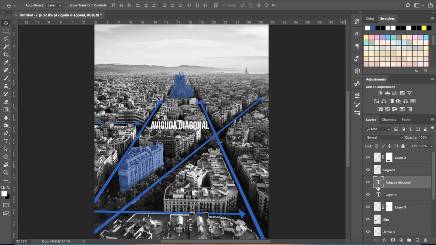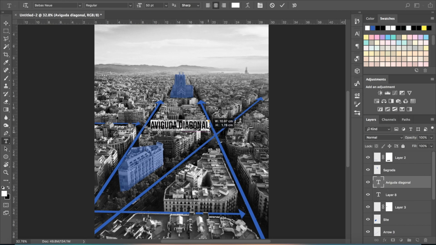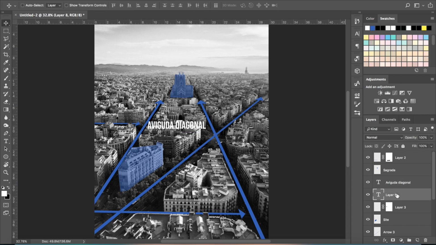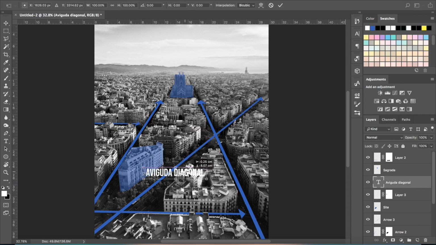Next, all I'm doing just to make it a little bit more eye-catching is I just add a little bit of text, just giving the main street that crosses the site its road name. You can do this in many different ways. For speed and efficiency, all I've used is the free transform tool. You could use the perspective transform tool if you wanted to get it a little bit more accurate, but it was a fairly easy angle to try and replicate, so I've just added the text there, as you can see,